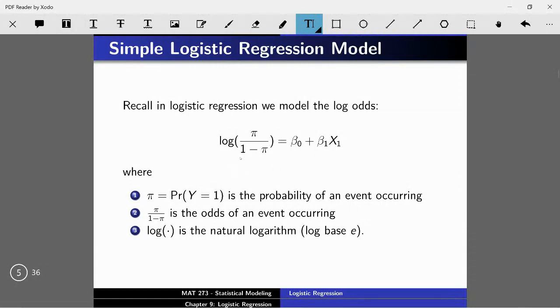Now, we don't actually observe pi's in our data set. We don't observe probabilities of an event occurring. We just observe discrete outcomes, so a passenger surviving or not, which is either 1 or 0. So we can't actually plot the raw values in that way. We can't just use 0s or 1s for the pi's, because if we plug in 1s or 0s here, we